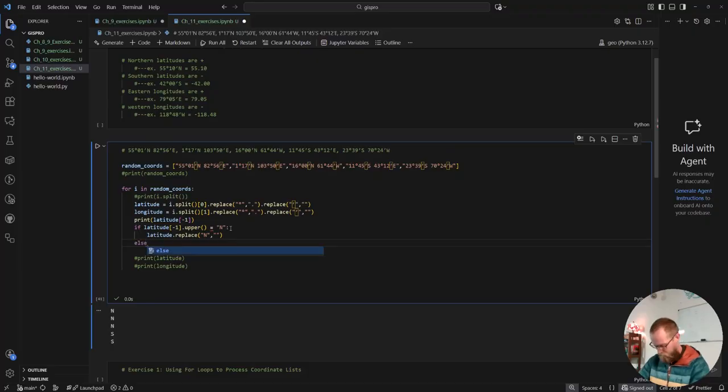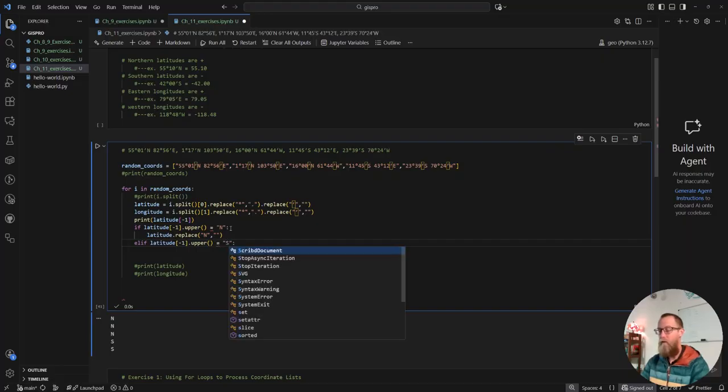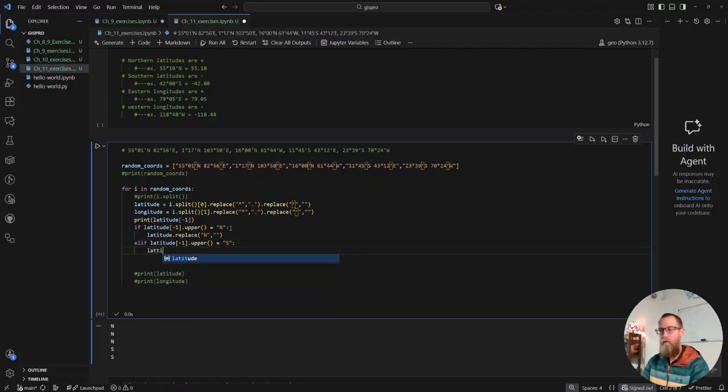Else, let's do elif. Latitude of -1 dot upper equals south, and we want it then to be negative. Then I think we want to do latitude equals latitude dot replace. Latitude equals